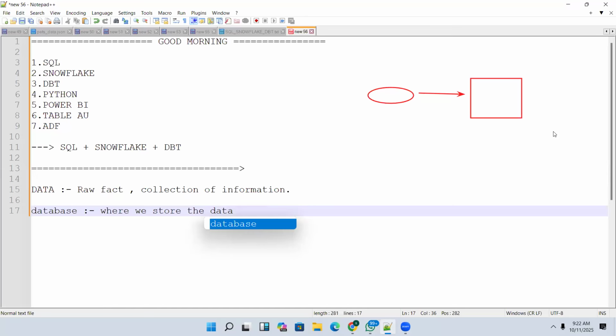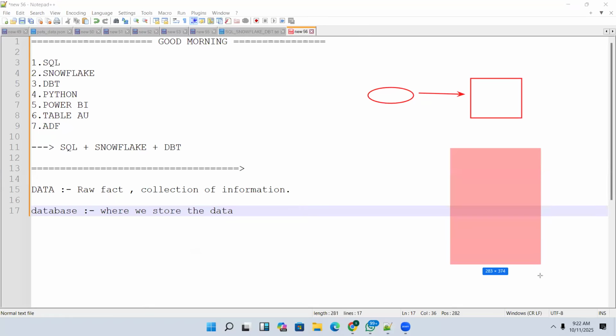Similarly, in an XYZ organization, there is customer data, employees data, transaction data, sales data, and every data they have to store. The place where we store the data is called a database. So if anyone asks what a database is, it's a place where we store the data.